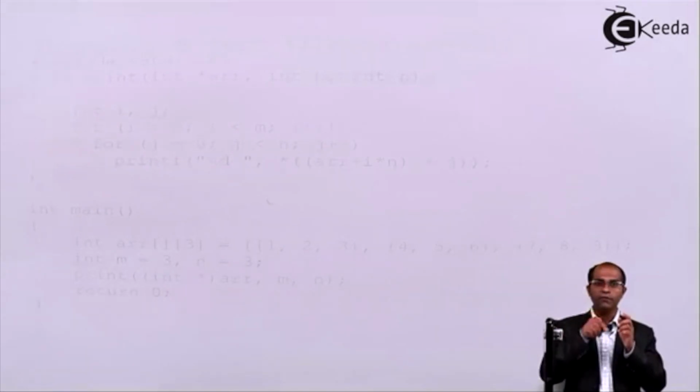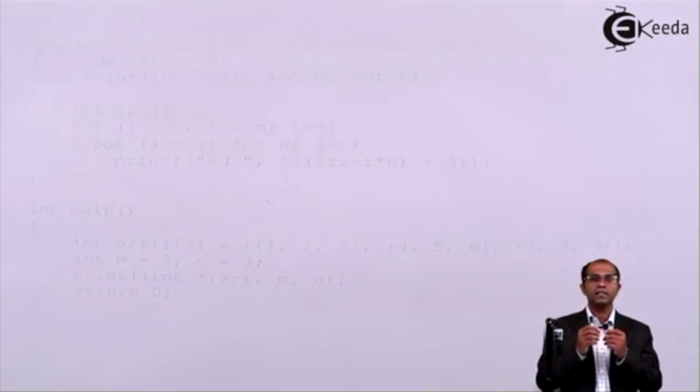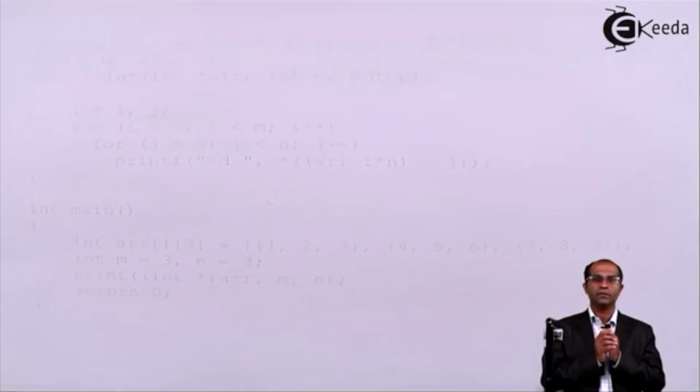Suppose I have a declaration as a[5] and say a[5][3]. When I say a[5], that is a one-dimensional array. When I say a[5][3], that will be a two-dimensional array. When I say a[5], there will be a set of 5 locations which are continuous. When I say a[5][3], there will be 5 rows and every row will have 3 columns. We might visualize this as a 5 by 3 matrix.